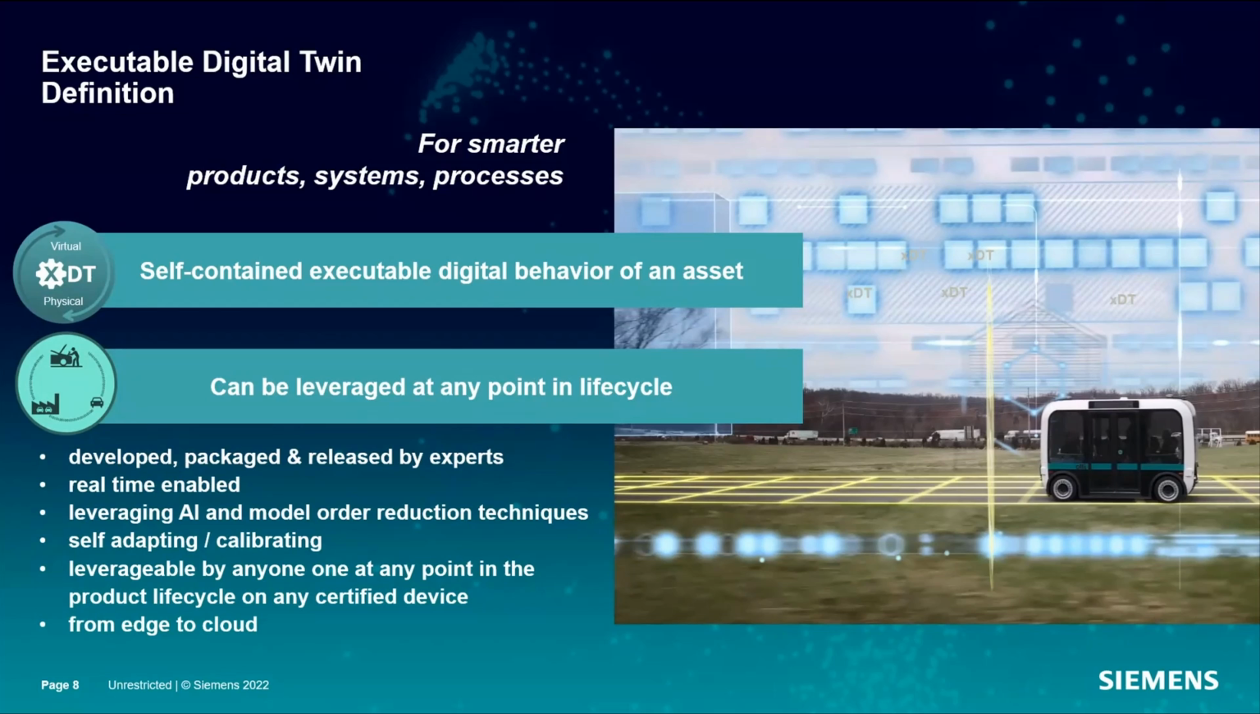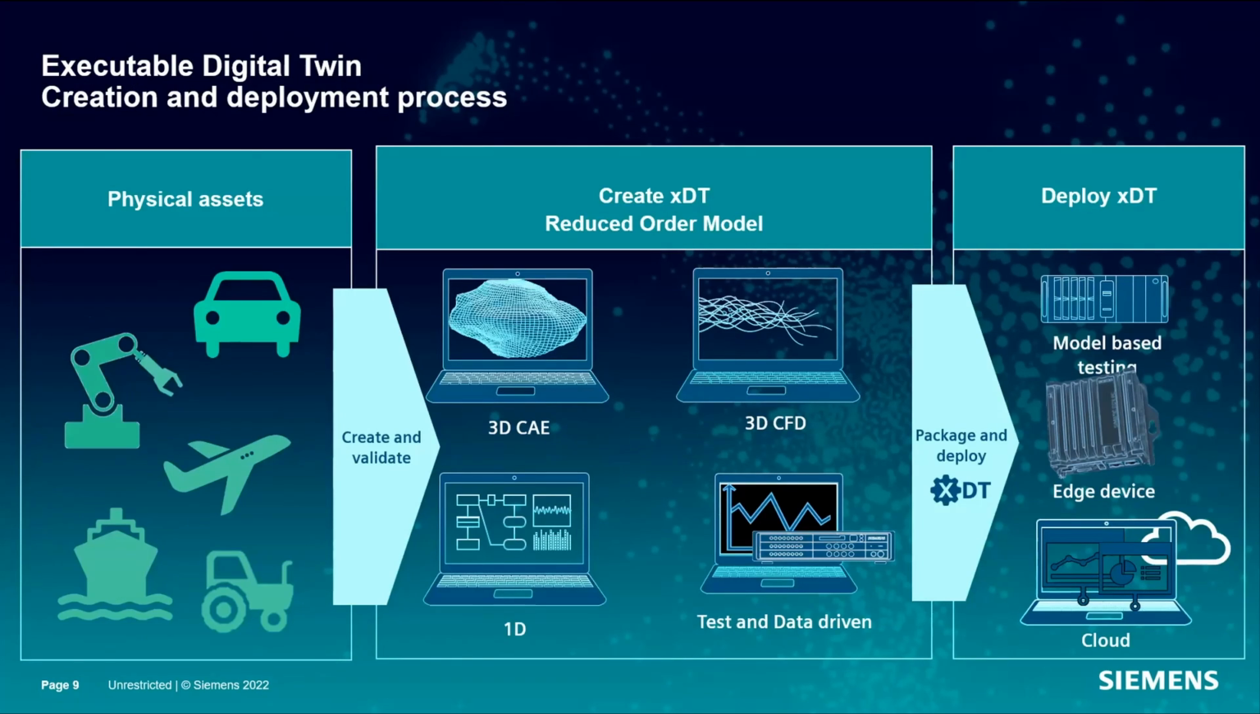And then you can have a lot of different activities around it. You can have edge computing, cloud computing, and leveraging AI, model order reduction. It's quite important to have it up and running in real time. And all of this, I think this slide concludes a bit the description of the XDT,